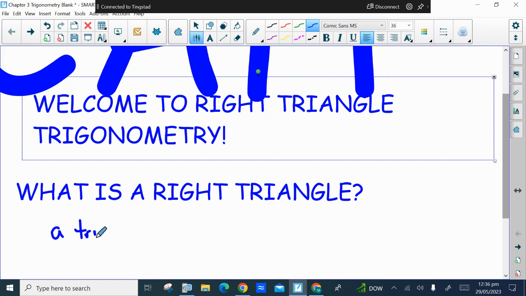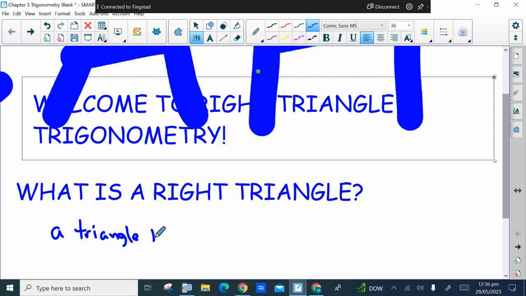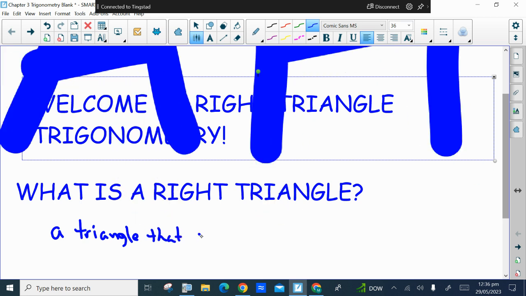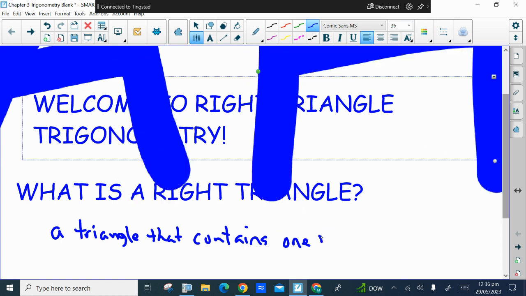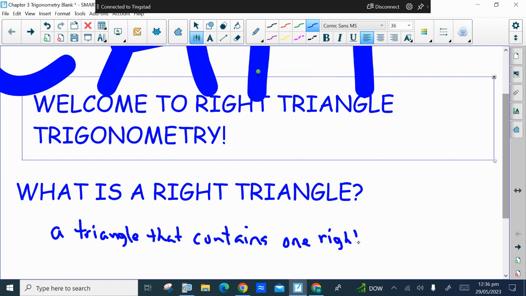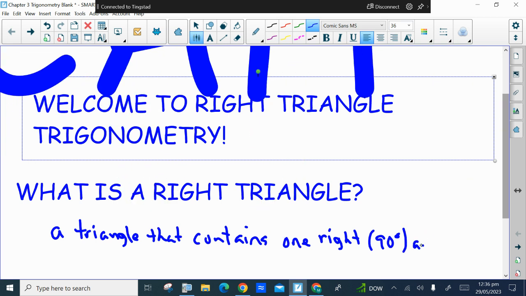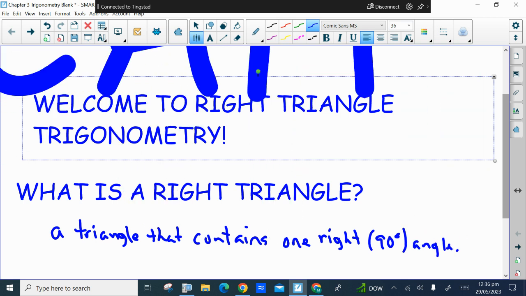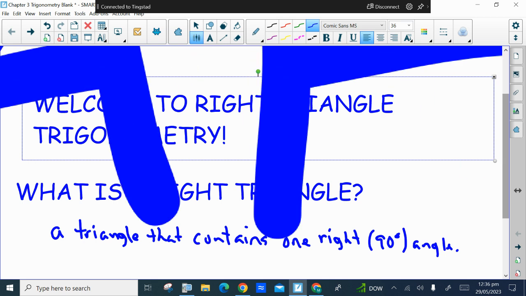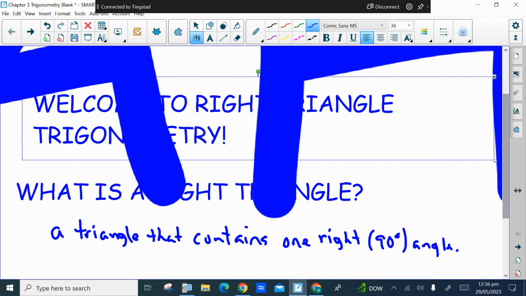It's a triangle that contains one right, in other words, 90-degree angle. So what we're going to be learning about in this chapter is how we can find missing sides and missing angles in right triangles